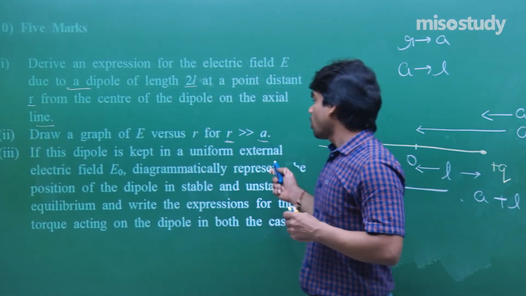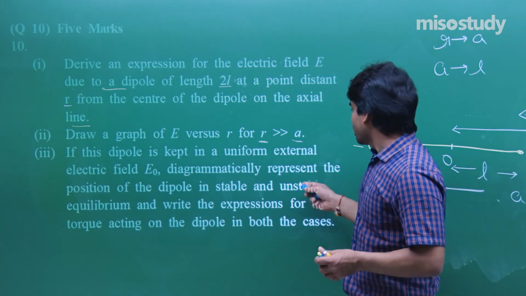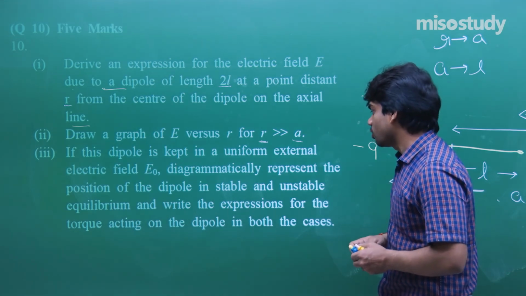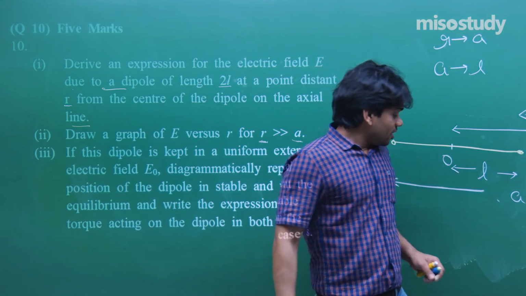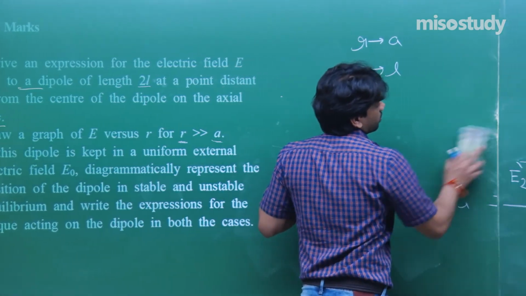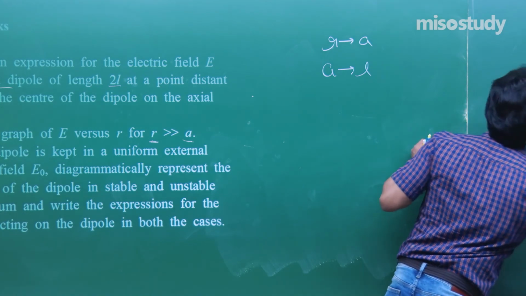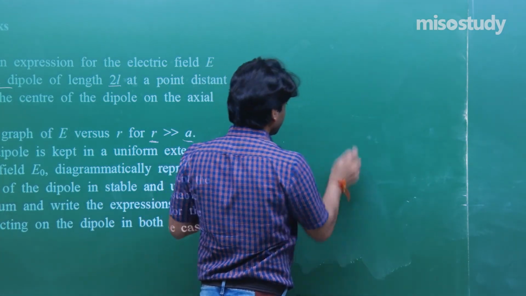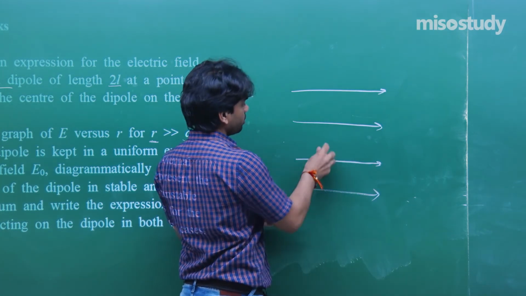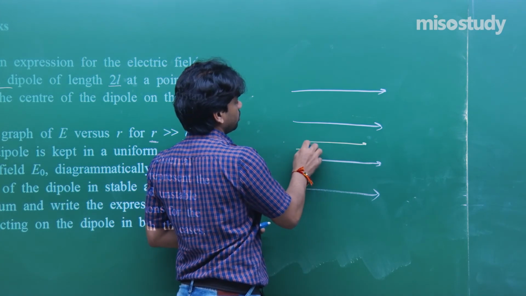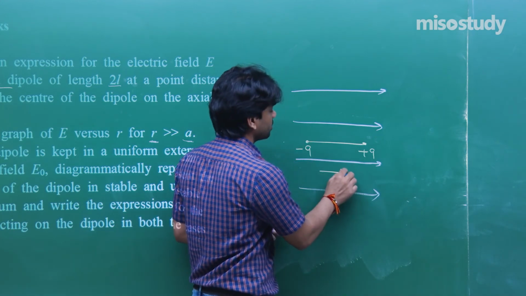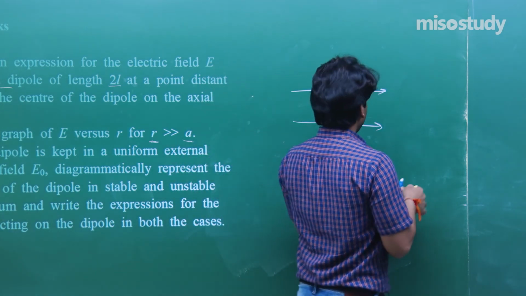If this dipole is kept in uniform external electric field E naught, diagrammatically represent the position of the dipole in the stable and unstable equilibrium and write the expression for the torque acting on the dipole in both the cases. Stable and unstable equilibrium just now I have talked about, and I will just show you the orientation how we can keep it. Field, just now I have talked about stable equilibrium. When the dipole is in this sense, stable equilibrium, the dipole moment is along the direction of field. This is stable